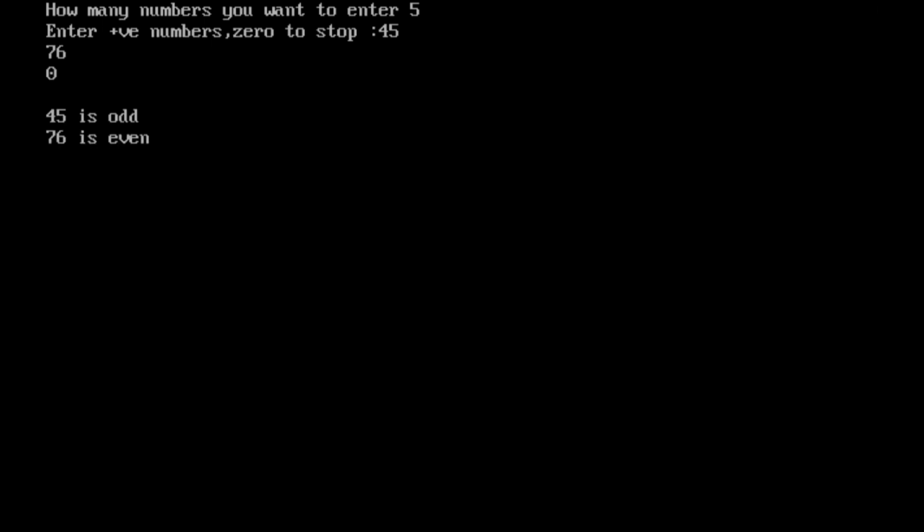See, after entering 0, the program will not take inputs. 45 is odd, 76 is even. Immediately it prints the result. After storing the given numbers in a particular container, we are again retrieving those numbers and displaying whether they are even numbers or odd numbers.